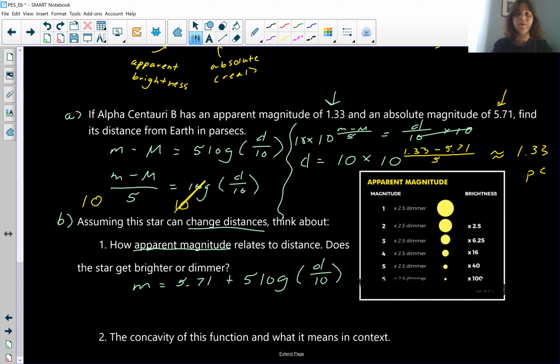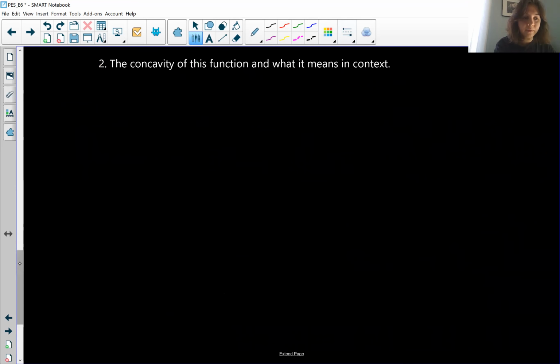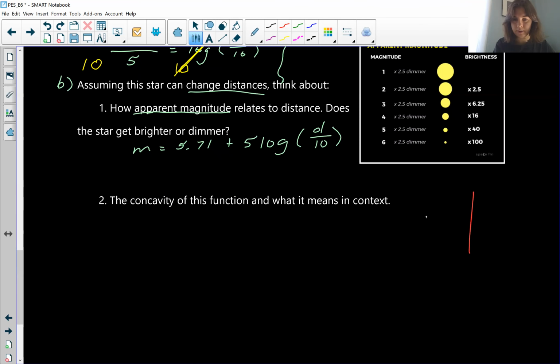Okay, so again, we can kind of just vaguely graph this on the side. Extend the page here. So if we had a graph over here, we might want to think about, let's just ignore the 5.71 right now. We want to think about what happens to that 10, 0 intercept, because the thing that we can compare different log functions with is that intercept. And